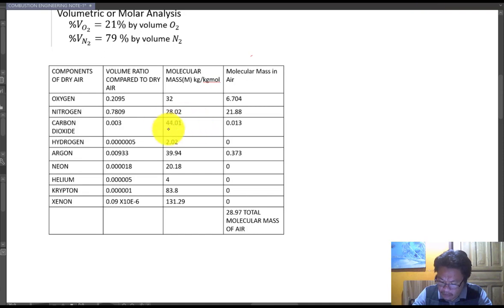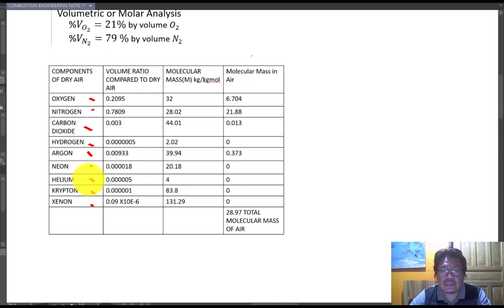I have brought down the table here, no? So, this is the table of components of your dry air. We have your oxygen. Usually our dry air is composed of oxygen, okay? We have your nitrogen, carbon dioxide, hydrogen, and argon. These are the traces of gases that are not mostly